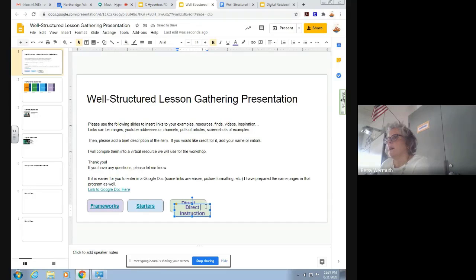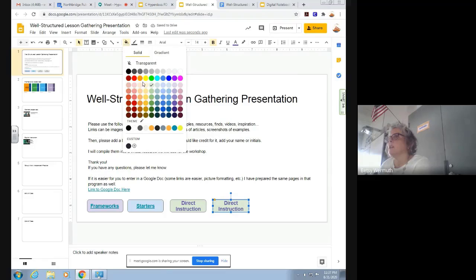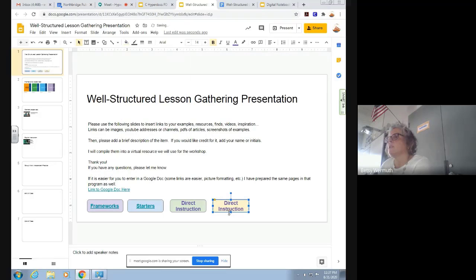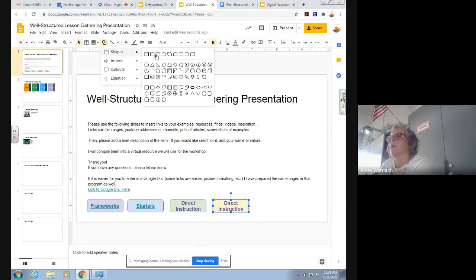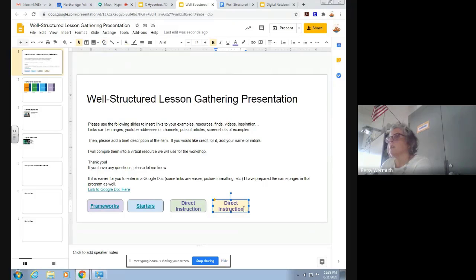So if I take this and move it over, I'm just going to do some fancy stuff here. I'm going to change it to a yellow color. These are buttons that you can make by adding a shape. So take a shape. This is the nice little button shape right here to use. If I take this shape and change the color, and I want to link it to end of class,